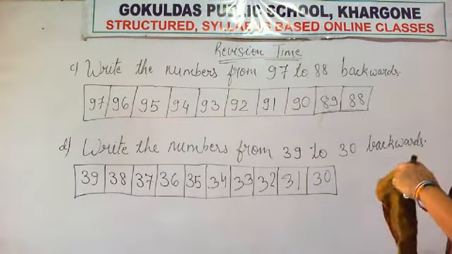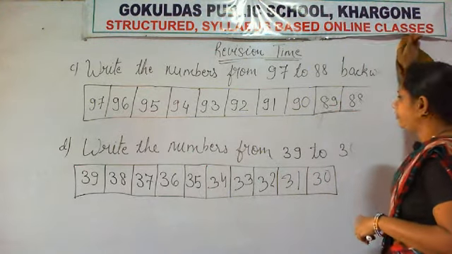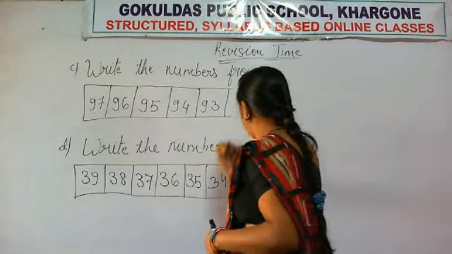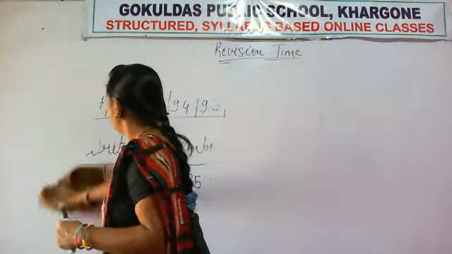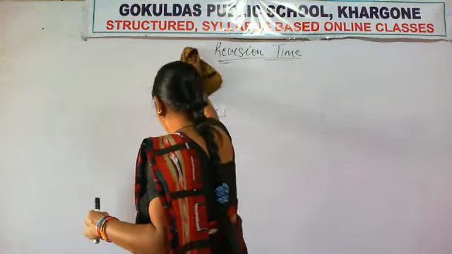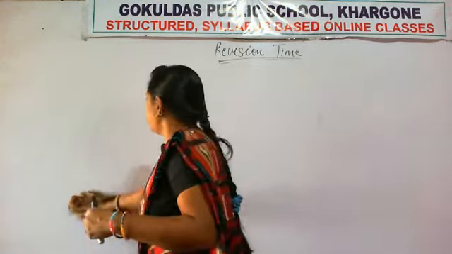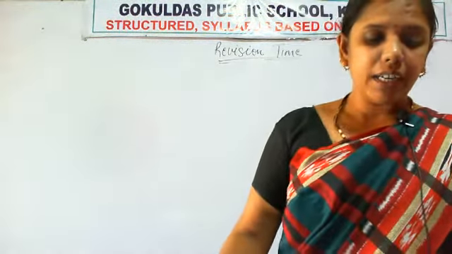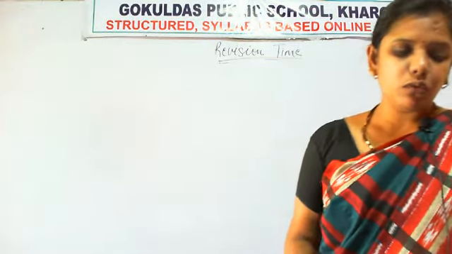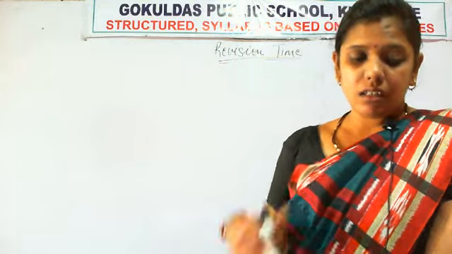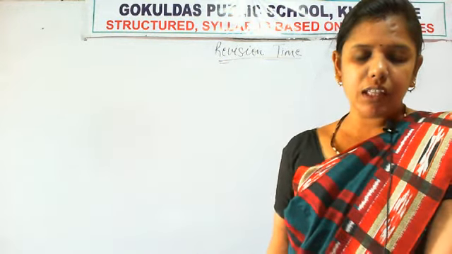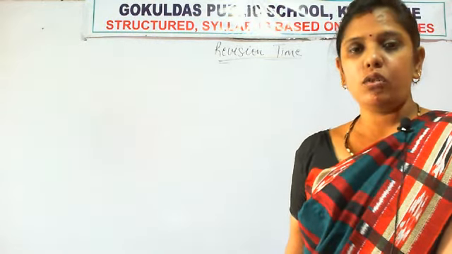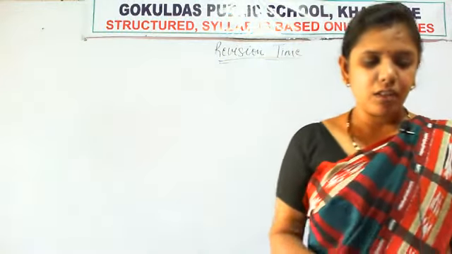Now the last question that is given in the book, E. What is the question? Count in tens. You have to count in tens and write the next number. Fill in the box with a number by counting the numbers in tens. Okay. So first write the question.